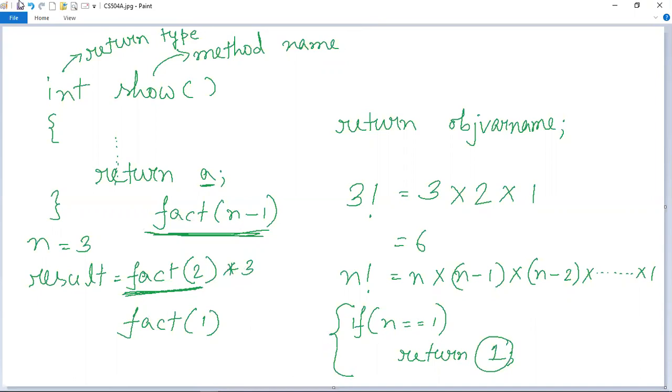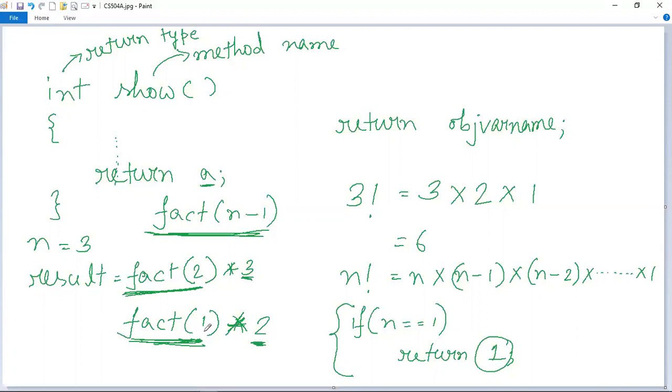Because when this value has been fact 2, this was 3. When this value was fact 1, this was actually 2. This was 2 because it was n. And when fact was n minus 1 here, then it should be multiplied with 2.